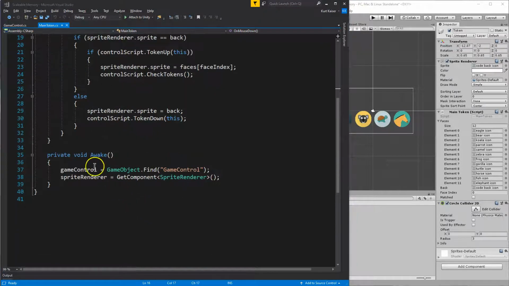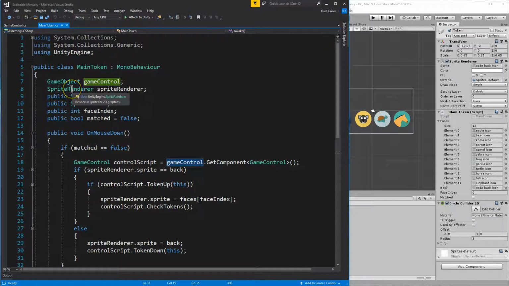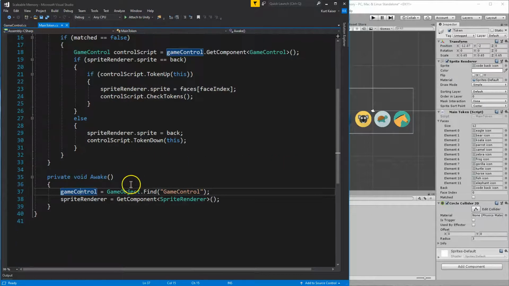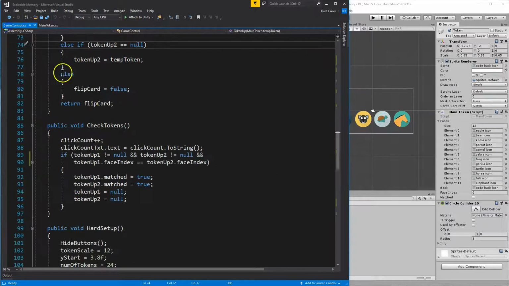Other items I'm going to want to point out, private void awake. This game control, object find game control, we need to do this within an awake function because we cannot do that at the top of our code. We need the scene to be set up before we go grabbing this and defining what game control is. Same with Sprite Renderer. So I declare the game control object and the sprite renderer object up here, but I don't define it until my awake function. All right, now let's move on into the game control